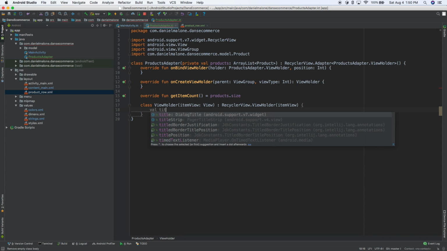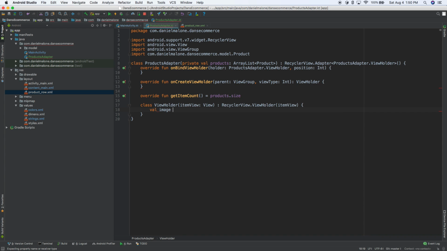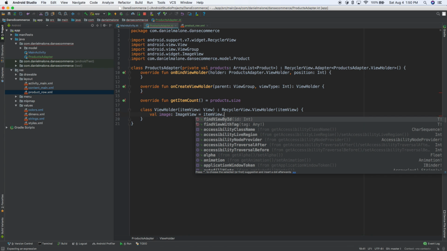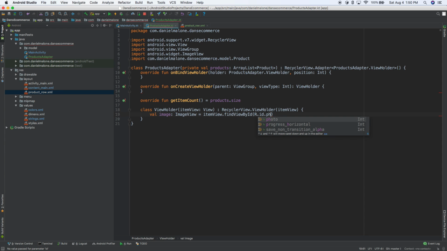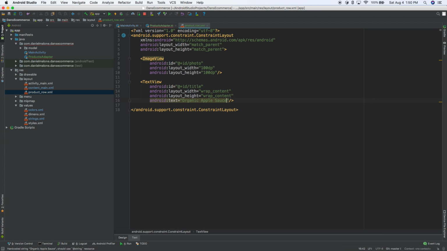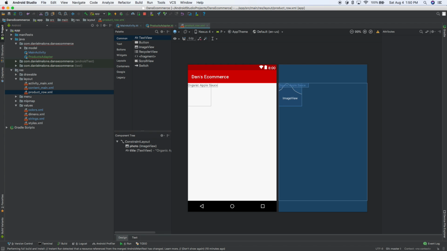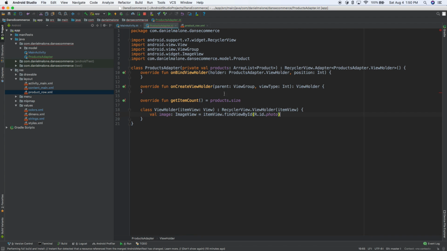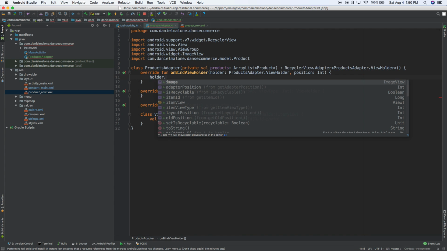Let's do val title. Let's do image view first. Image equals, of type ImageView. It's going to equal itemView there. So itemView.findViewById(R.id.photo), and this right there lines up with the ID we gave it right there. So that image right there is being referenced from right there. And so we can actually come up here and we'll do holder dot,